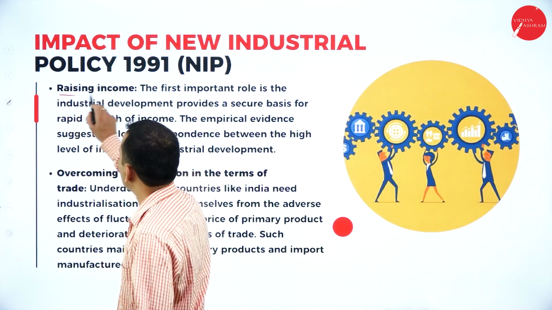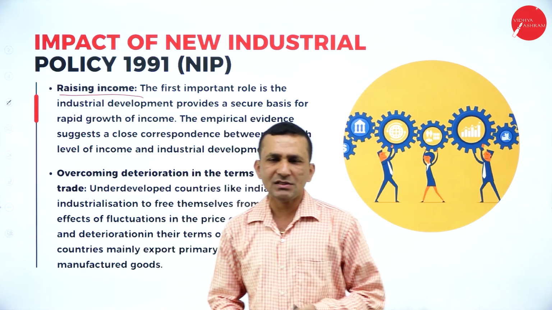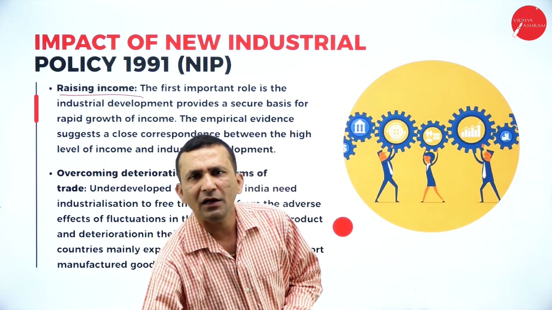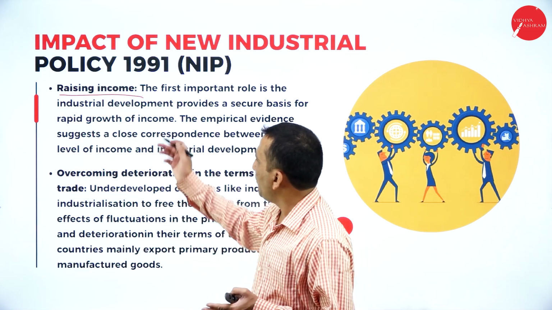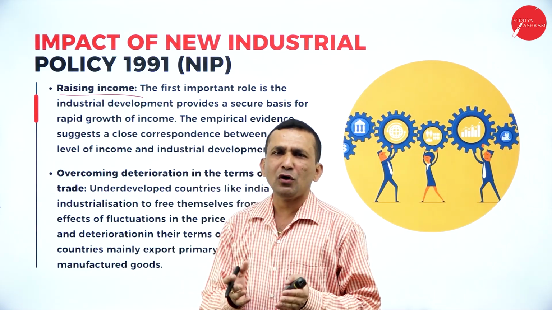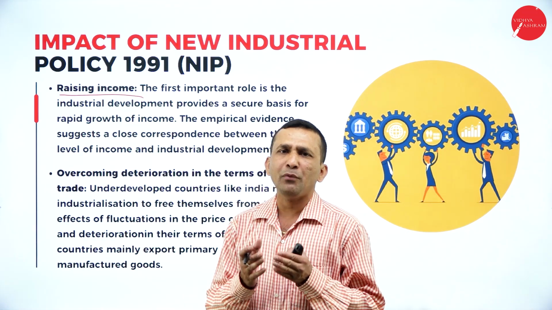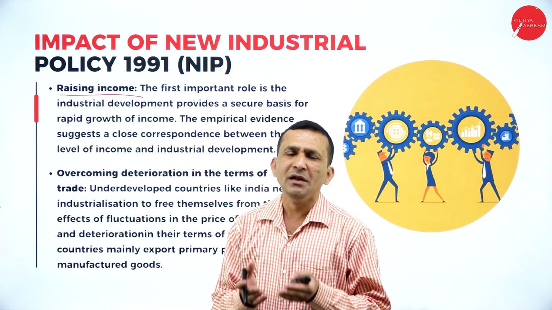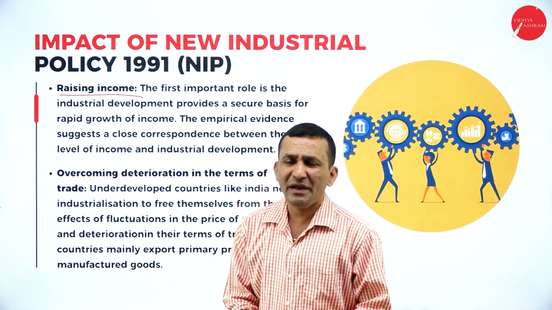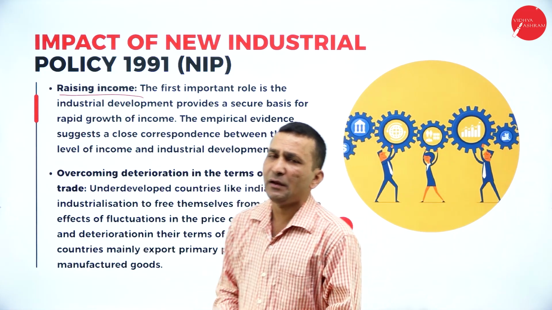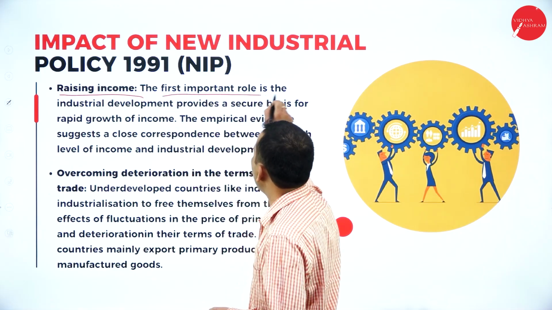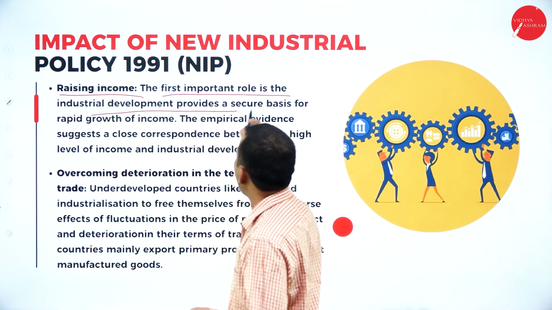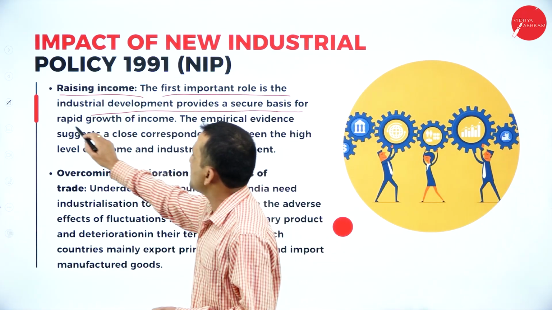And the third one is rising income. Of course, as the number of industries increases, your level of income increases. Everything is completely income based: employment opportunities are provided, and because industries are a major source, corporate tax will be collected by the government. So rising income is the first important role in industrial development, providing a secure basis for rapid growth